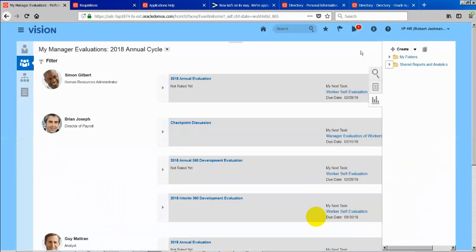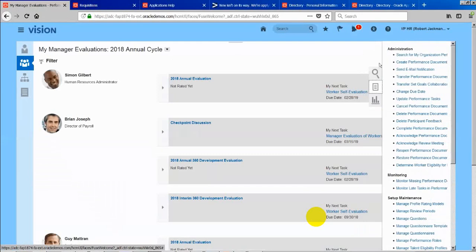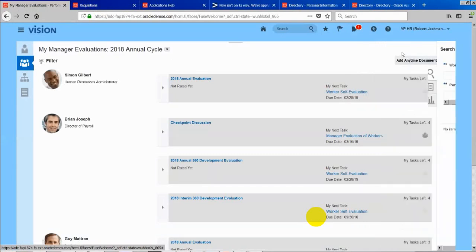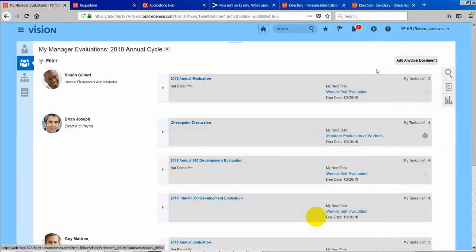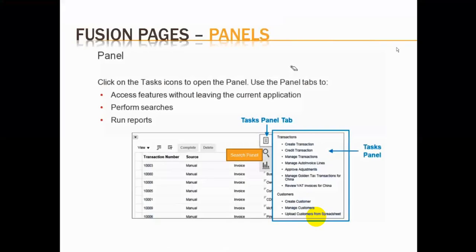So you'll be seeing two kinds of pages. One kind of page is where you can see these three navigations. One is to access reports, one is to access related tasks, and one is to search operations on the specific tasks. You can think of it like that. Okay, so that is one kind of page.